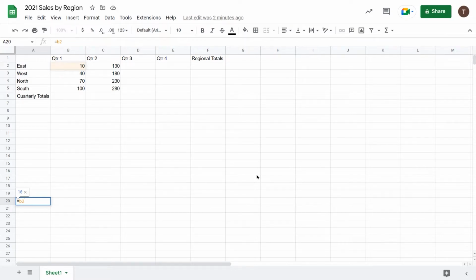So you notice when I type B2, if you look at the actual cell, it's shaded. And if you look where we're typing the formula, it has the same color shading on B2. And right above that, it's showing you the value that's in that cell, which is 10. We're going to type a plus sign. And then we're going to type B3. It gives B3 a different color. Another plus sign,